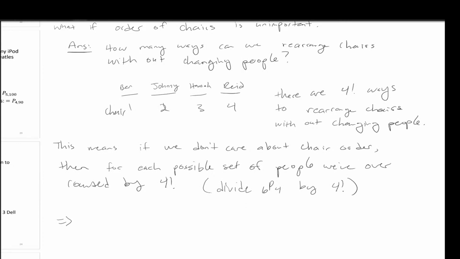So then, if we don't care about the order of the chairs, we would have 6P4 over 4 factorial, which would be 6 factorial over 2 factorial over 4 factorial, which would be 6 factorial over 4 factorial, 2 factorial. So basically you divide by the number of ways to